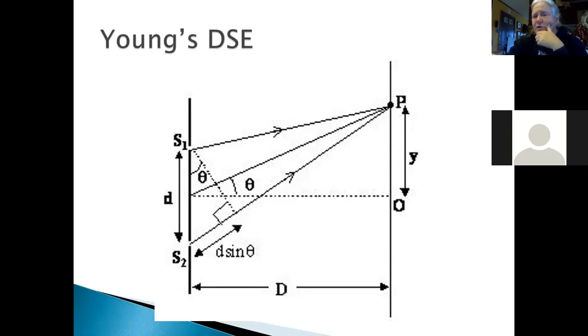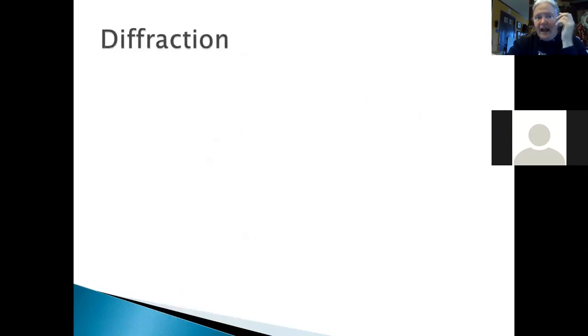Now, if I do a little bit of math using similar triangles, I find out that this angle here, which is the angle of the triangle up to my bright spot, is exactly the same as this angle here for the triangle I drew when I dropped my little perpendicular. So I can write the length of this little piece right here using trig. This is the hypotenuse. This is the angle that I know. So I want the opposite. So it's d sine theta. So my path difference, d sine theta, to get constructive interference has to be a whole number multiple of the wavelength. So the way that I can write that